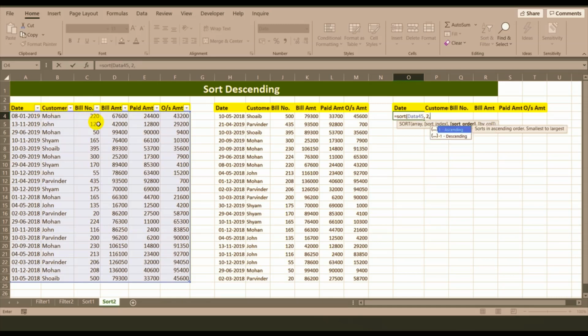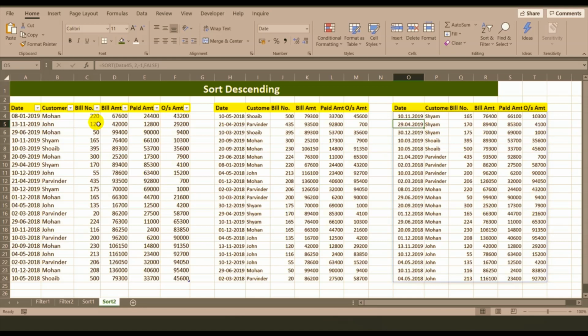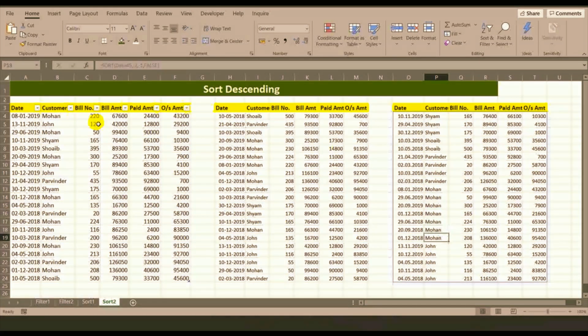Now comma. Now again it is asking ascending or descending. So this time we will select descending. Comma. Now again we want to get the data sort by row. So we will select this sort by row and bracket close and enter. So you can see we have got the data of Sham, Parvinder, Mohan, John by descending order.